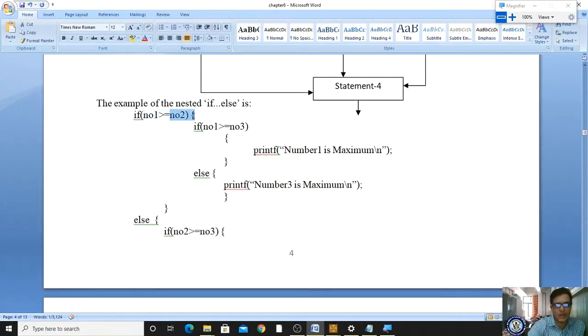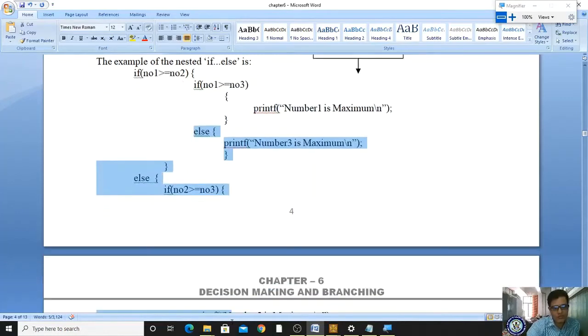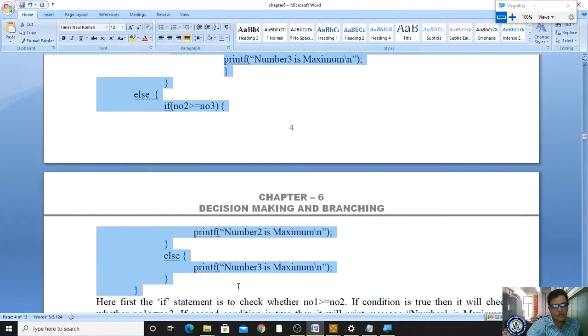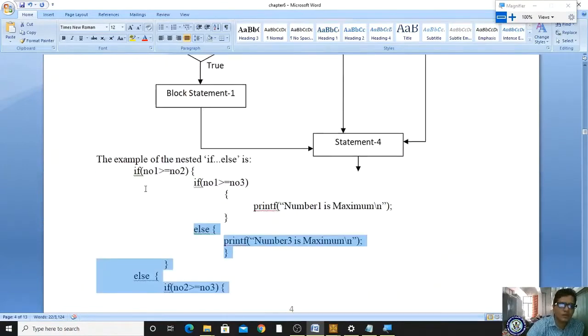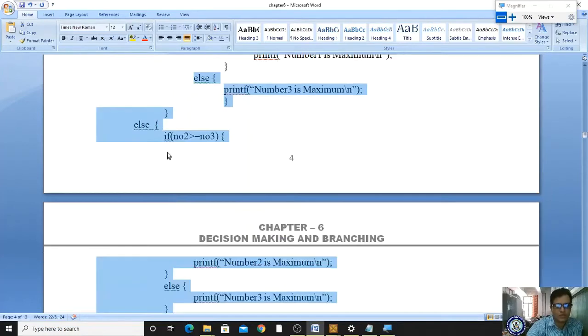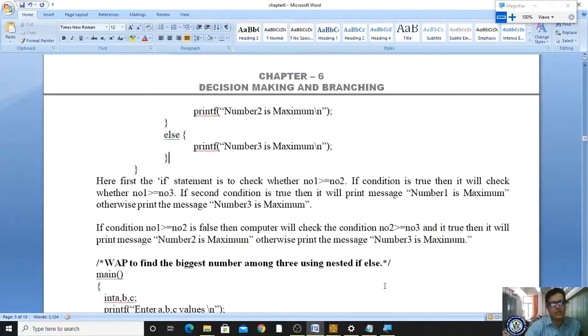30 greater than 20, condition true. It will enter. Then automatically this block will be executed, and the remaining statements will be skipped. Clear? So what have we done? In this if else, we have placed another if else. In this else also it consists of another if else. Then what is our concept? Nested if else. An if else placed within another if else block is called nested if else.